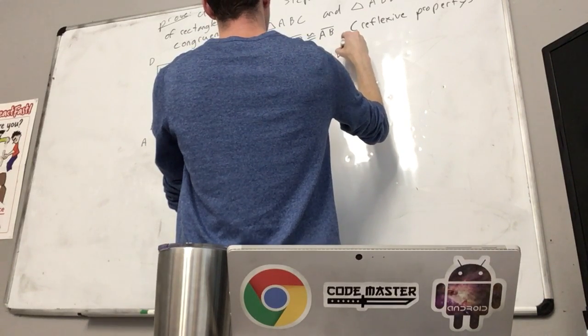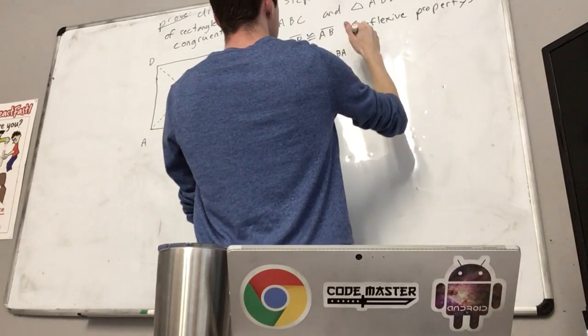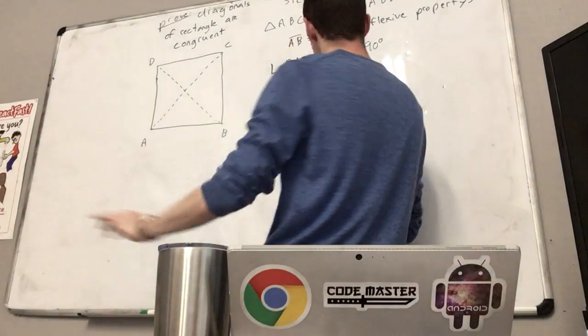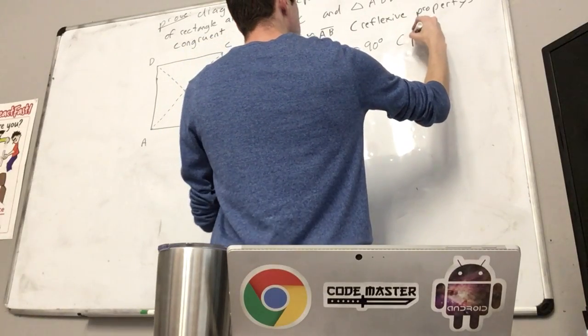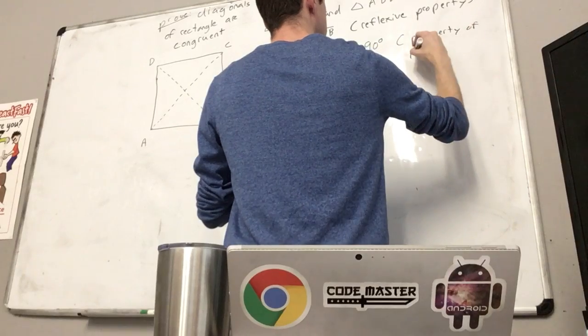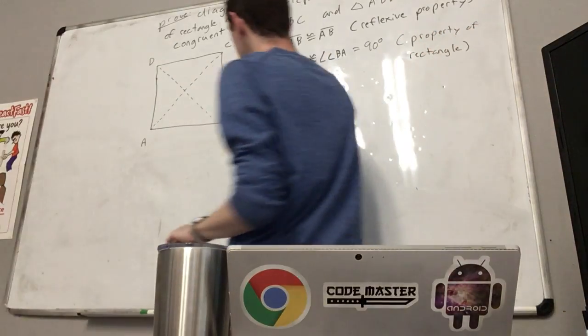CA is equal 90 degrees. I'm just gonna give it all in one line. I'll call this property of rectangle. Okay. And DA and